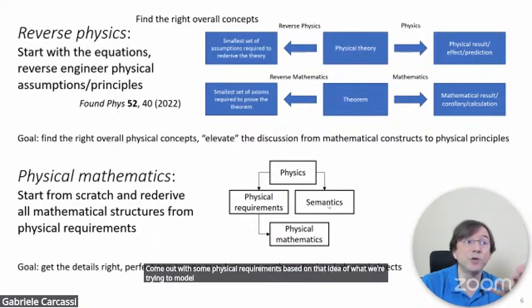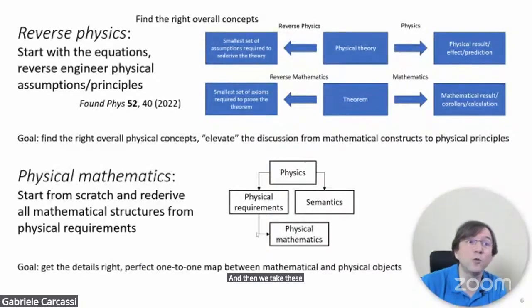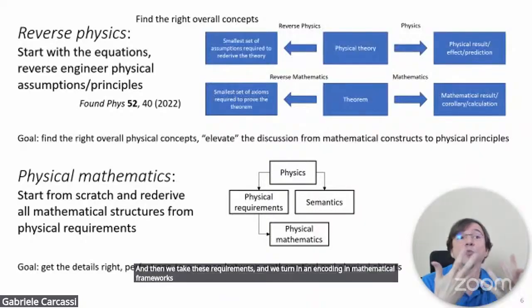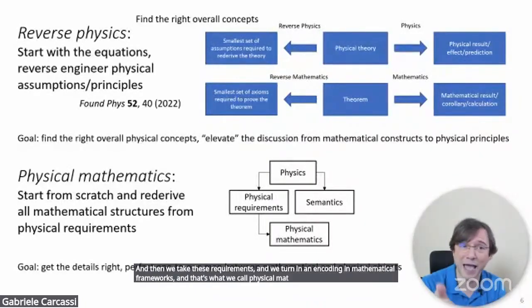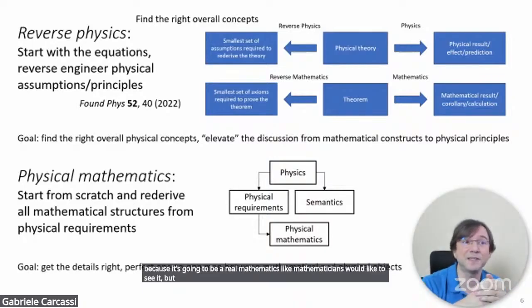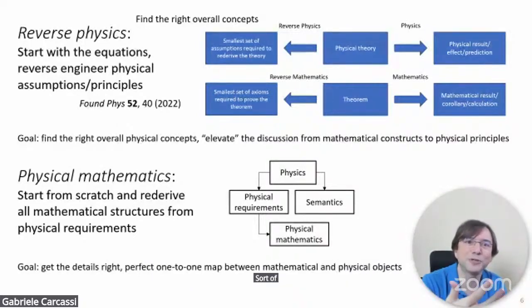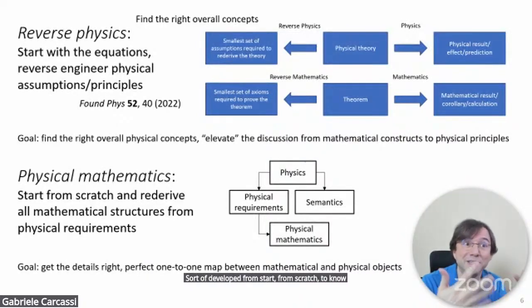That means that we already have a semantics that is very clear, because we know from the start what it is that we are trying to describe. And then we take these requirements and we turn them into an encoding in mathematical frameworks. And that's what we call physical mathematics. It's mathematics because it's going to be real mathematics, like mathematicians would like to see it, but it's justified for the physics, and it's mathematics that is developed from scratch to know that it is physically meaningful and